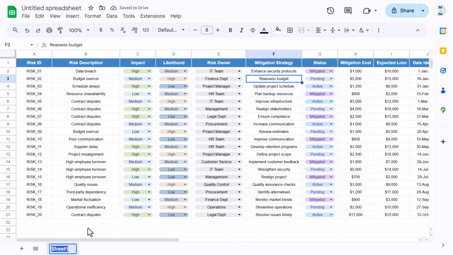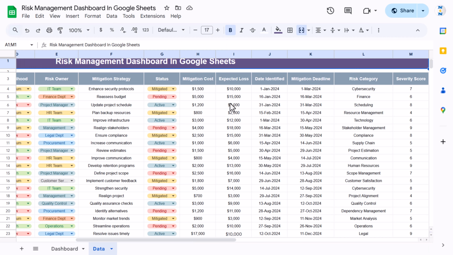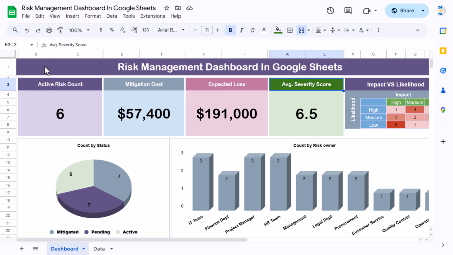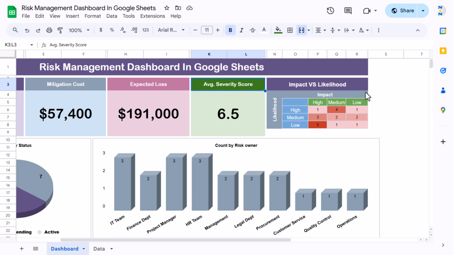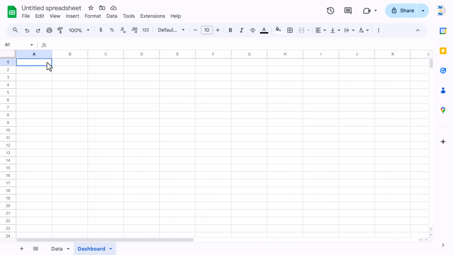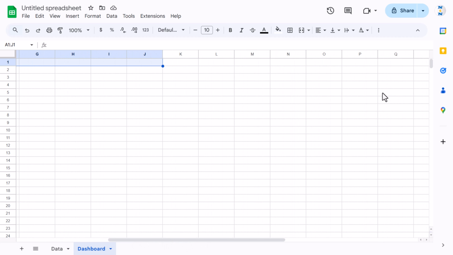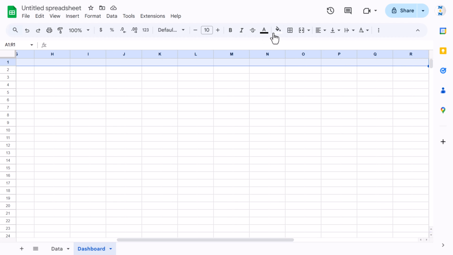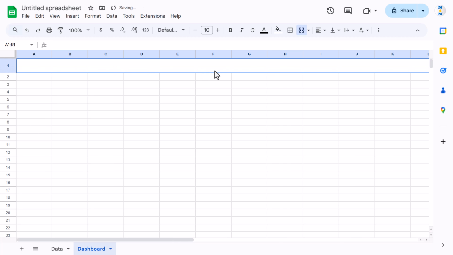Now let's rename this as data, and add a new sheet, that is the dashboard. Okay, now we'll start creating the dashboard. So we will select some range, like here we have created the dashboard sheet, and we have created the cards on the top, and we have created this comparison table. Similarly we will create here. So first let's select this range, the same range. So I'm taking till column R, and use merge cells, make row height slightly bigger, and just type here